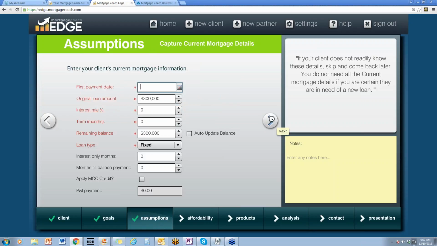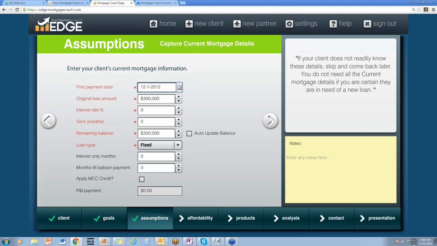So now we're going to come to the current mortgage. With the current mortgage, last week's Training Thursday, we really dived into a refinance in the current mortgage and how to play with these numbers to get the exact payment that the borrower is providing you. In this particular training, what we're going to do is just go through entering the basic information that we already have. So let's go ahead and put in our first payment date of